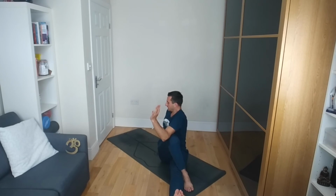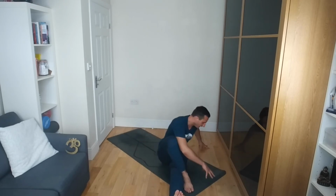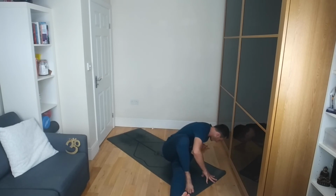If you want a little bit more, you can inhale the right hand up, exhale the elbow outside of the left thigh and twist here. Draw the shoulder blades down the back body, open up the chest. Inhale, imagine you're being pulled up through the crown of your head. Exhale as you twist further and further. Then releasing, taking the counter pose to the other side, so both hands and the forehead bows towards the opposite